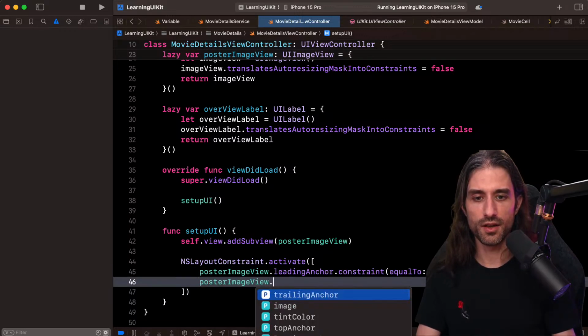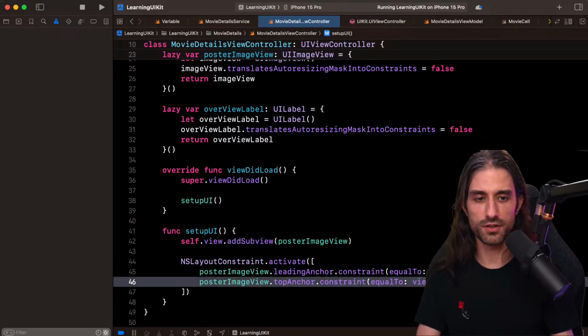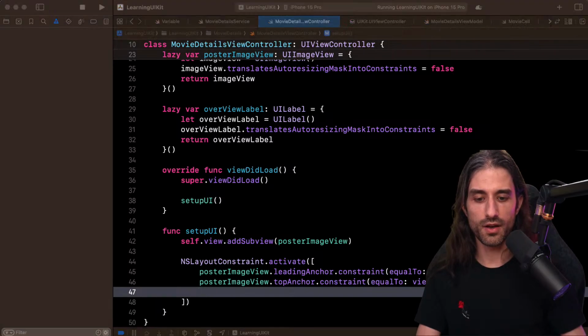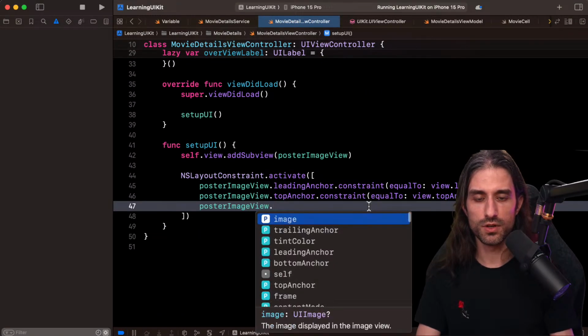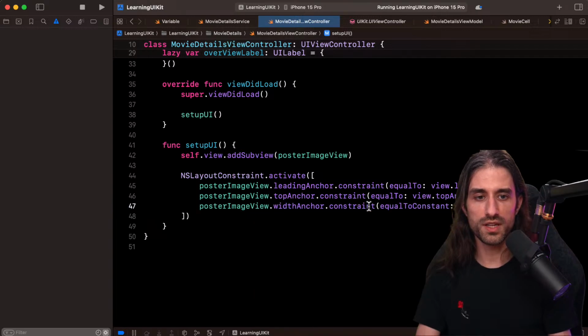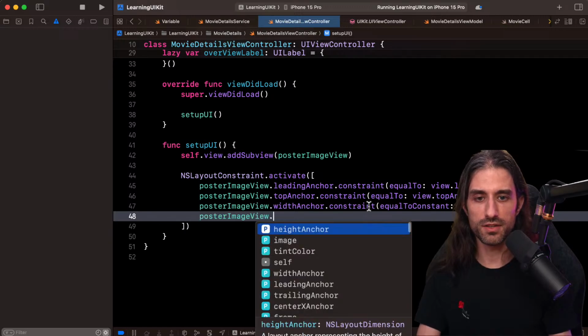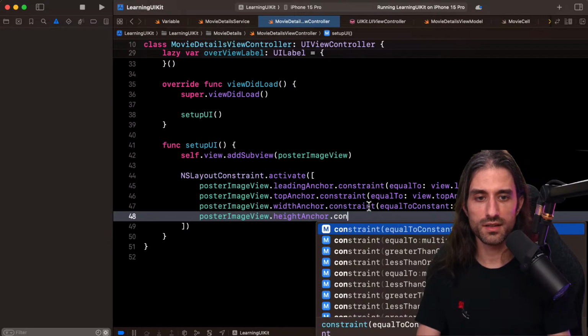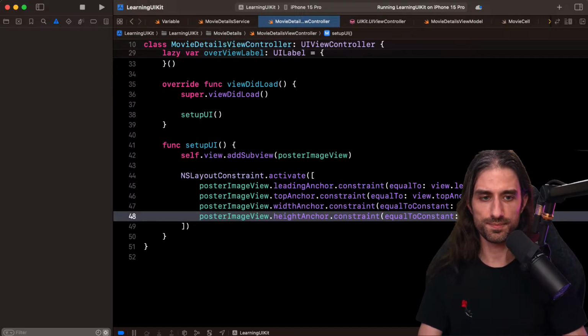Then I can do the same thing for the top anchor, constraint equal to view.topAnchor. And I need to give it a height and a width in this case. Let me see the values I've chosen. It should be width 155: posterImageView.widthAnchor.constraint equal to constant 155, and posterImageView.heightAnchor.constraint equal to constant 220.